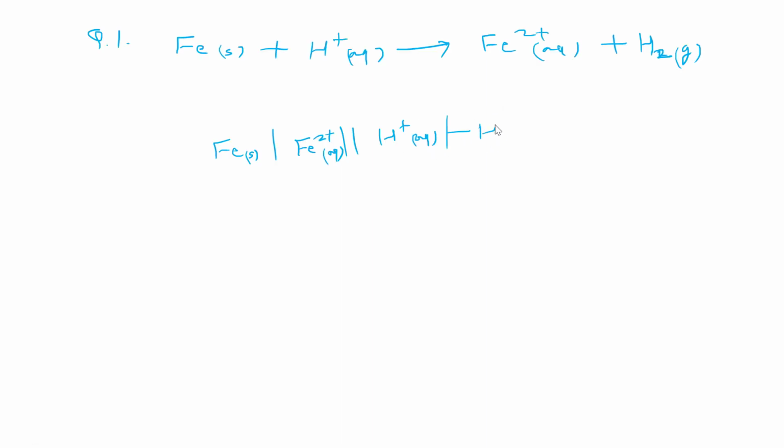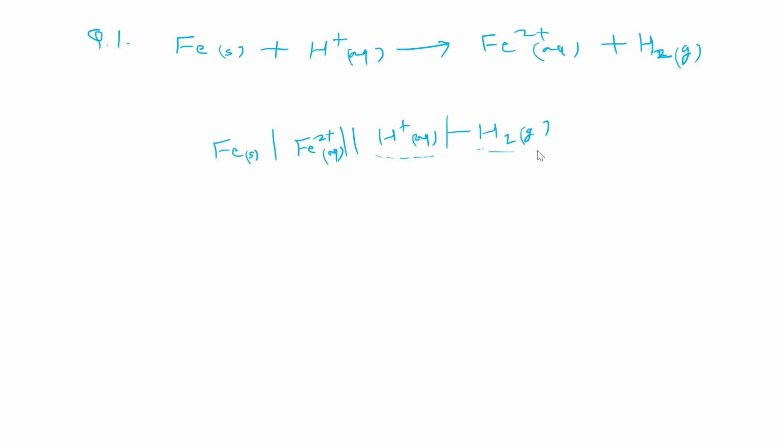Here we are writing H2 gas. And here concentration and pressure are not given, so we are not mentioning them. Okay. Now what is happening? In this cell you can see both the species, one is gas and one is aqueous. So what we can say, we cannot form any metal rod with the help of any aqueous or gaseous species. So which species will form the cathode here?